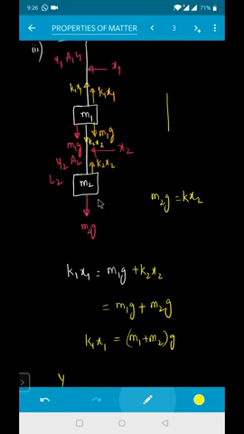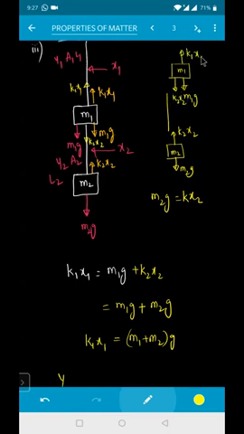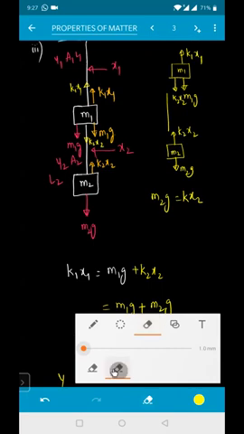M1 g, which is acting downwards, means... No, no, it is not acting on this body. Okay, not on the body. Yes, sir. It is only on M2. See, if I take M2 like this, now write the free body diagram. This is M2 into g. This will be equal to your K2 into X2, isn't it? Now if I'm taking your M1 into g, this is M1. So on this one is M1 into g down, and here this one is K2 into X2 down, and here this one is K1 into X1 up. Clear? Yes. Got it? Yes.